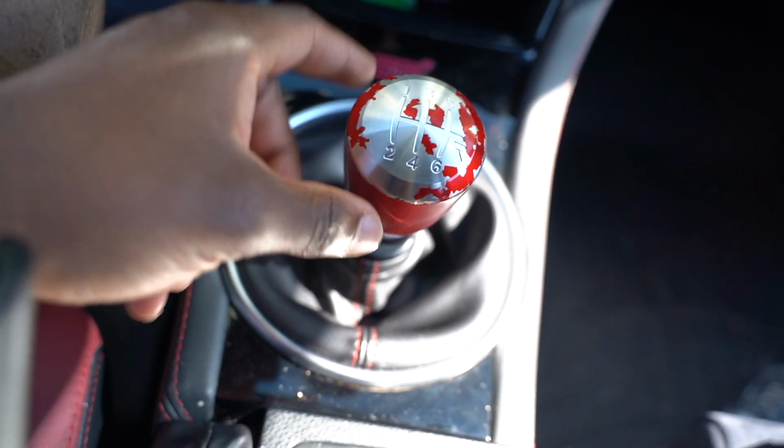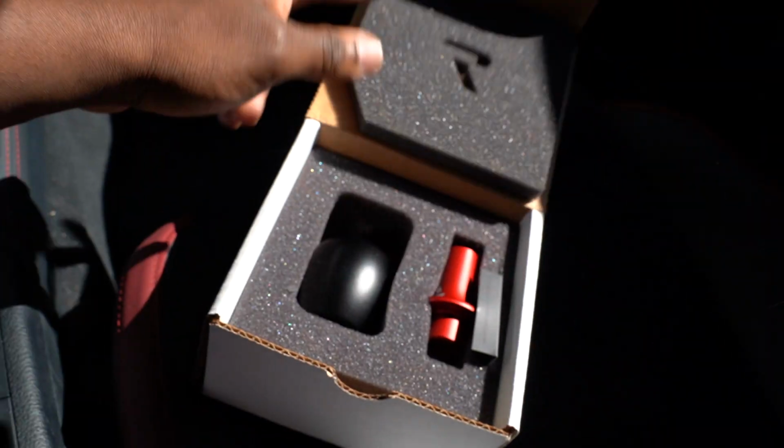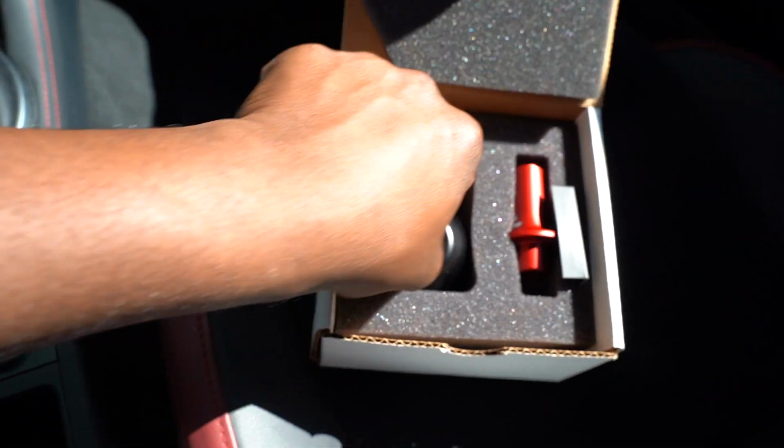But anyways, what I'm gonna do today is a shift knob install from RACESENG. RACESENG is a popular company that's local to me, and they make one of the most beautiful and quality shift knobs I've ever seen. I like Billet Works, I like all the other brands, but RACESENG is a beautiful brand. Today we're switching this old RACESENG to this beautiful new RACESENG. Mainly, I'm gonna change the shift knob,